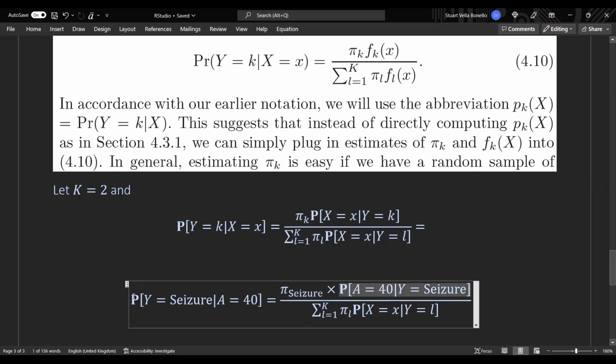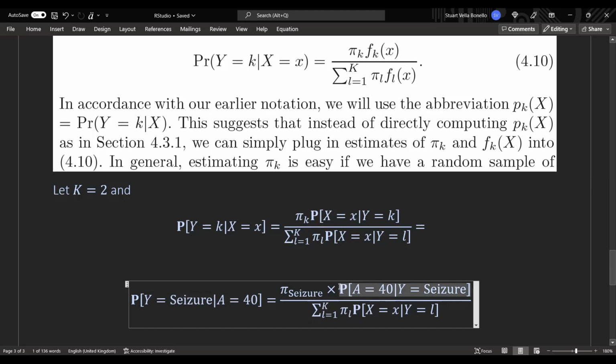Let's just make sure that we're comfortable with these probabilities. So this is the probability that if the patient had a seizure, then their age at the time was 40. I think it was that vertical line that confused me a little. Whereas this over here is, practically what you were saying, the probability that a 40-year-old